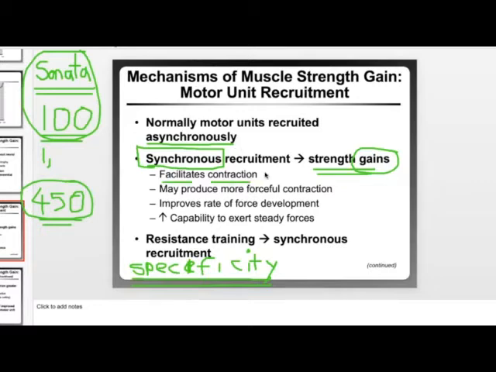So it's not necessarily the overall strength that we're improving. A lot of times strength gains come because of synchronous recruitment from the brain. And because muscle protein synthesis costs a lot of energy, your body wants to try to improve your neurological system prior to starting to build more muscle, right?